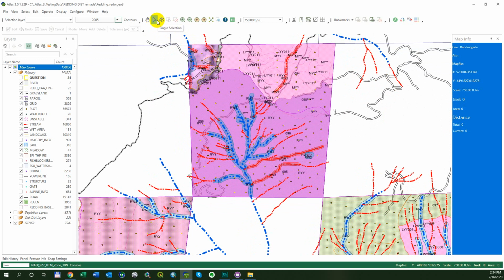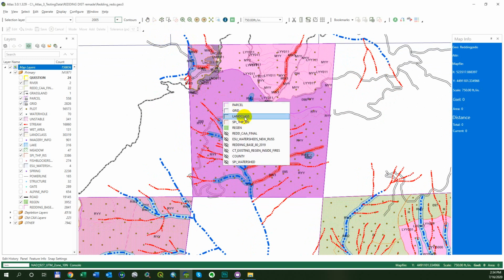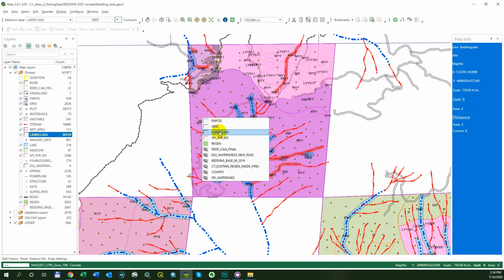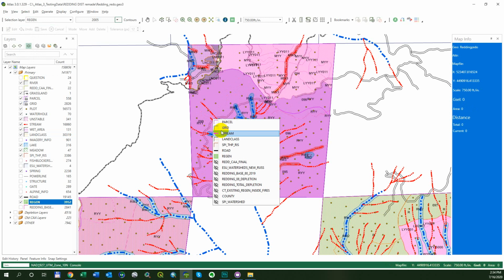Let's just go through the rest of these here. Single selection can be used to select multiple features if you're holding down shift, but in most cases you won't really need to use single selection because the select box can be used for single selection. The most important thing to remember about